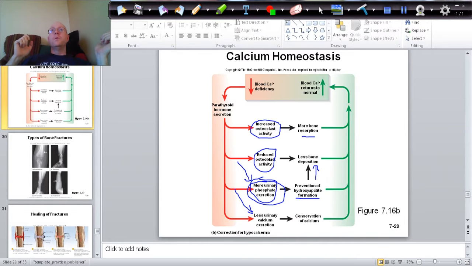Right? Your sources of these hormones. Calcitriol comes from the skin, and then, if you want to add on to it, liver and kidneys too. Calcitonin, I guess I didn't mention this part, comes from your thyroid gland, which is a gland that is wrapped around your trachea and normally makes thyroid hormone, but also has these cells called C cells, or clear cells, that make calcitonin. And the source for parathyroid hormone comes from the parathyroid glands. The prefix para means next to, and the parathyroid glands are actually on the posterior side of your thyroid gland, essentially 4 little dots of glandular tissue on the back of your thyroid gland that are responsible for making parathyroid